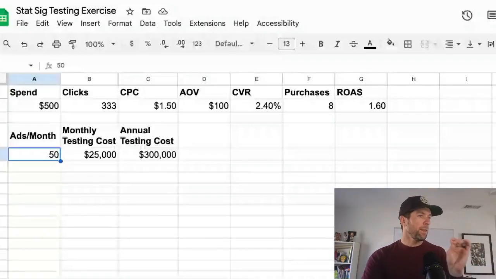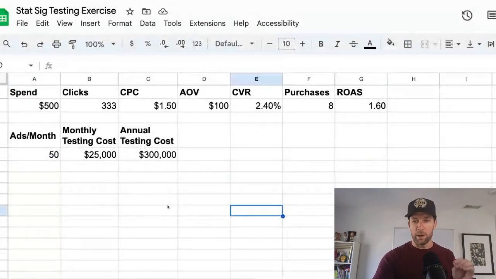So what I'm going to do is share my screen. I've actually done the math to begin to think about how this would have to play out. Okay, so let's pull up this sheet. I've begun to think about what the scenario would look like to try to run statistical significance tests on every piece of creative you run.